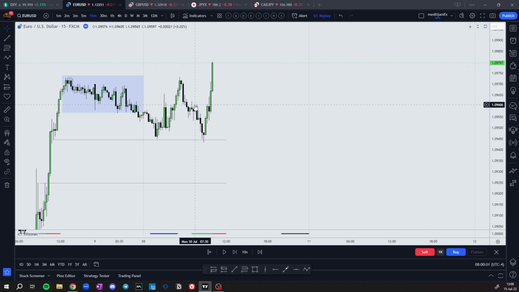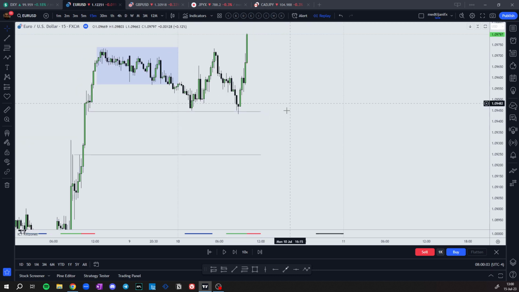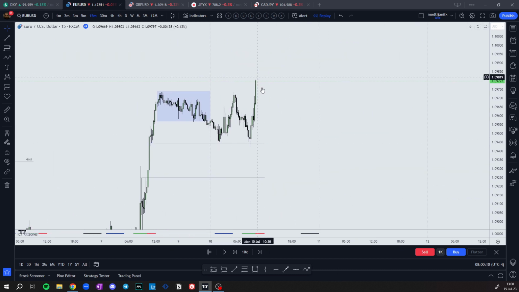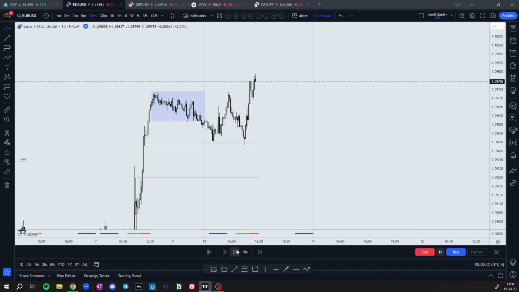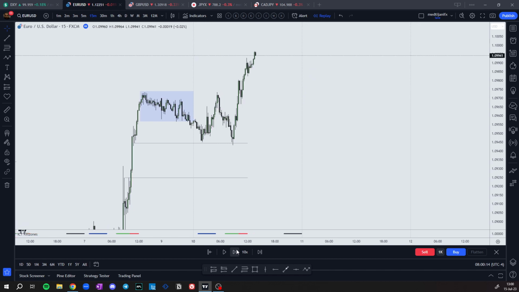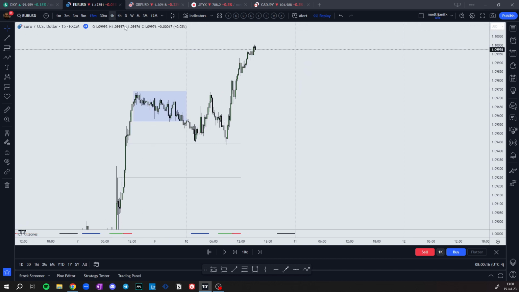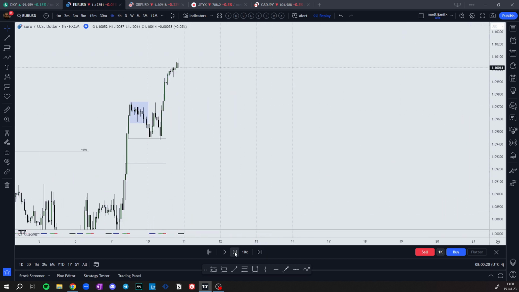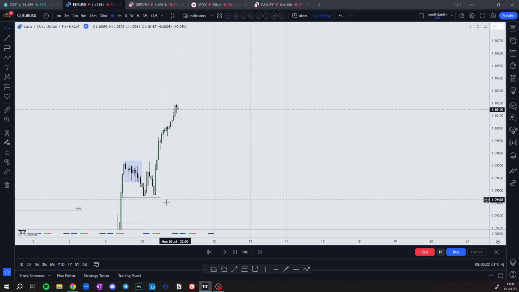We could use this as a break of market structure, but like I said, I was waiting for discount levels, so I'm fine to miss this move. Price has continued higher. So let's go to the 1 hour time frame, and what we see is price has closed as a bullish candle,